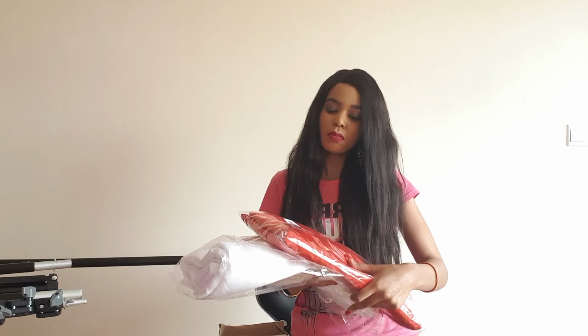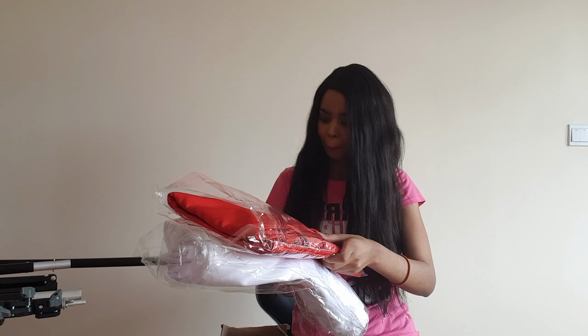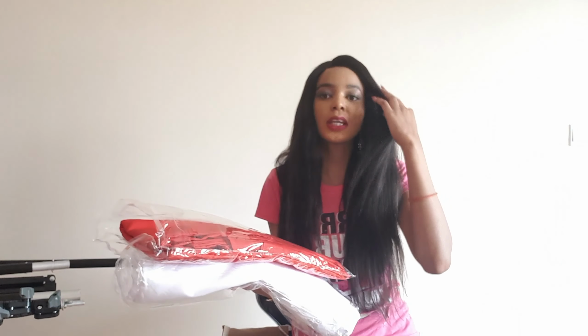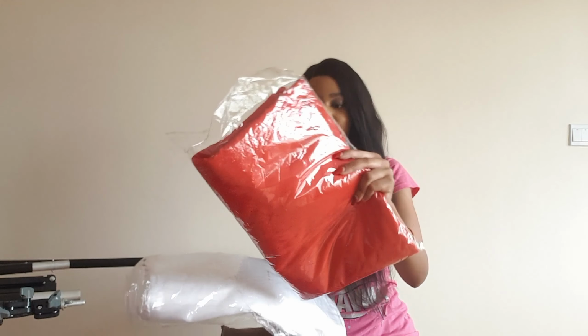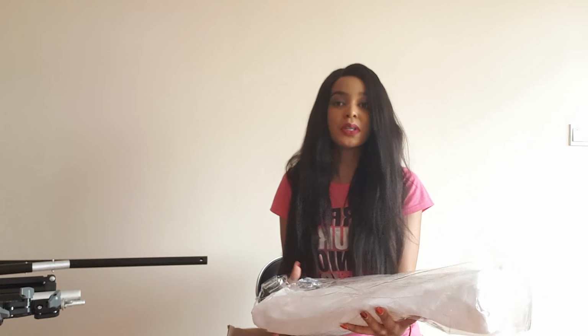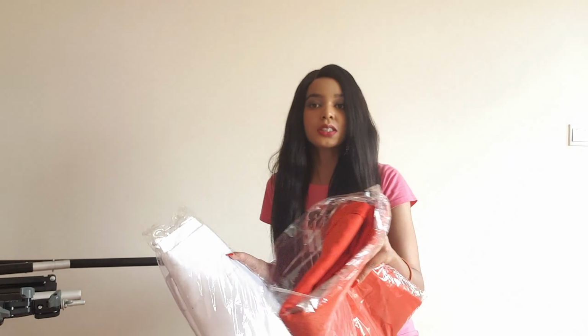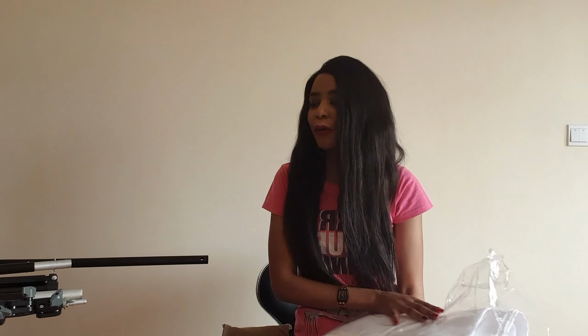These are the backdrops. I bought it in red and white. This is 1.8 times 2.8 meters, the red one. And the white one, I'll check it and put it in. It was $80, which I think is 100, and this went for $15, which is basically 1,500 or 1,600 depending on how high the dollar is. That's where I'm disappointed. For the backdrop holders, I got it